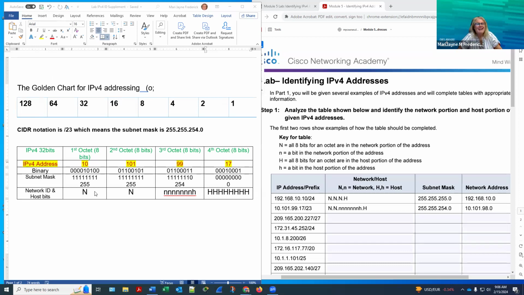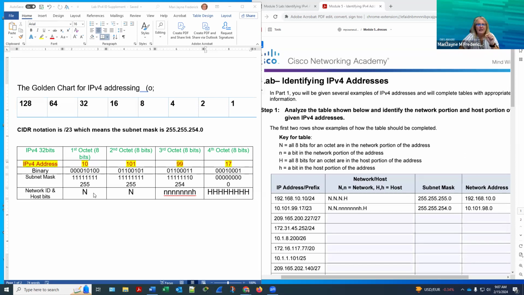So when we break down addressing, either decimal to binary or binary to decimal, that's another activity I have my students do. When you do this, it makes it easier when you start breaking it down into binary and then get to the subnet mask to get your CIDR notation. Then you can figure out your network addressing, whether it's going to be broadcast or unicast or those types of things. But for right now, we just want to be able to, here in this lab,